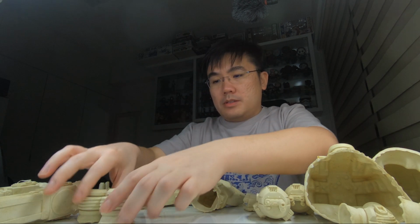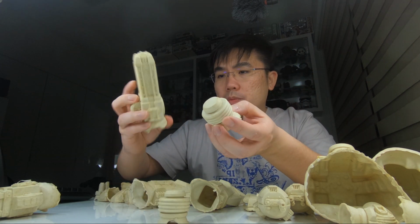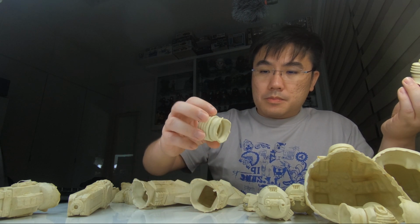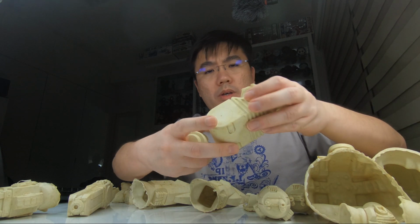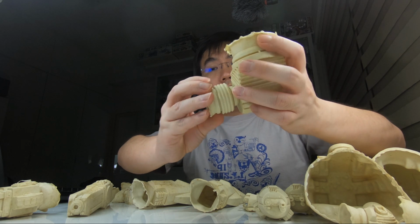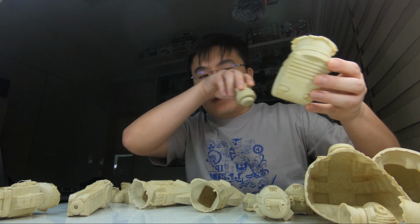After that, it is the bearings on for the legs. I think these will probably, you can probably do the same thing for this as well. You can probably cut a hole in here and then pop this in, and then the legs can actually swivel. So ED-209 will probably be able to look up and look down, look left and look right, but yeah, no walking